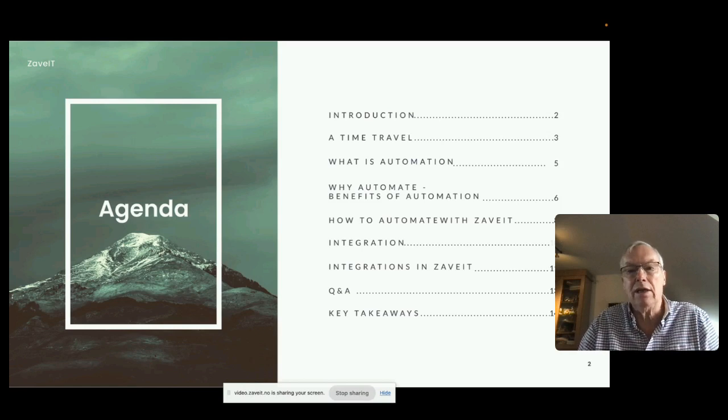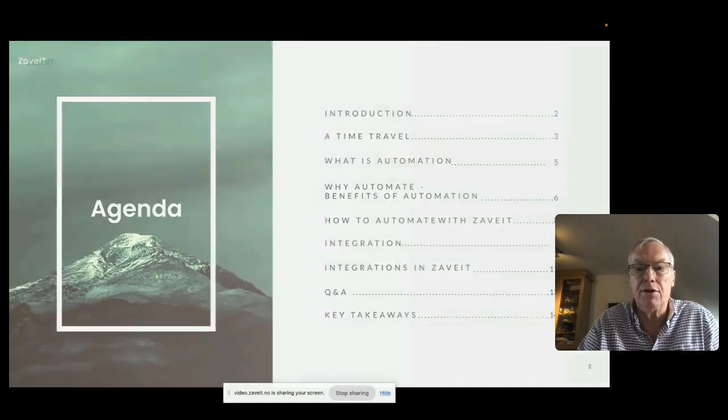I'm going to give you a little history lesson because I always think that history tells us a lot of things that we can learn from for the future, or perhaps not. But also we're going to then go into what do we define as automation in terms of IT automation. Why would you want to automate, and then into hows, and that's where we get into the live, really nitty gritty stuff with Ole.